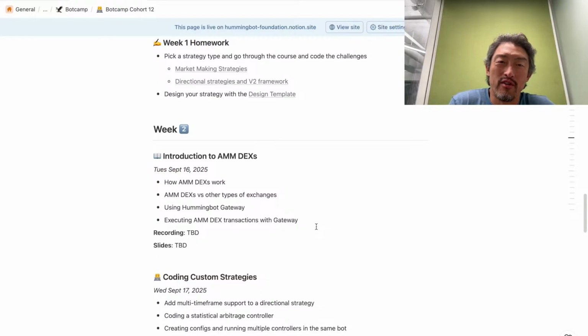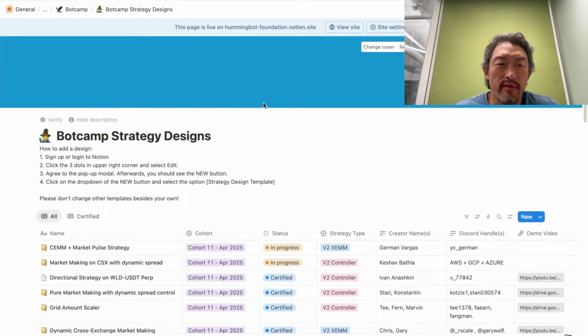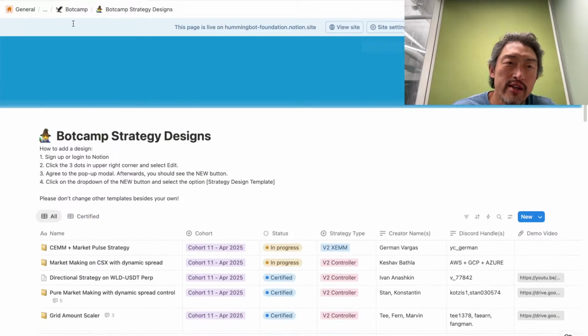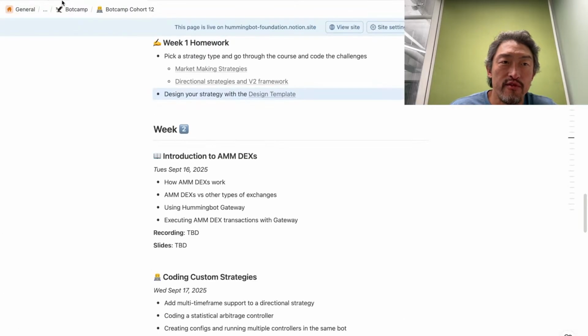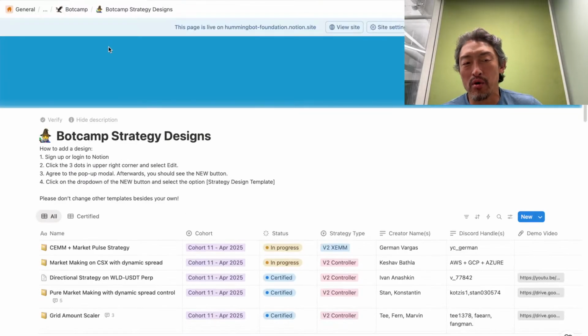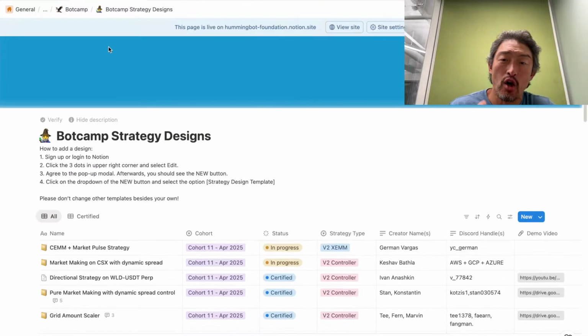So for week 1 homework, we ask students to go through the courses, code the challenges, and start to design the strategies using this design template that we have. So this design template, and I'll show you, we maintain a strategy database of all the students' strategies. This is only available to the students, the people who take the cohort.